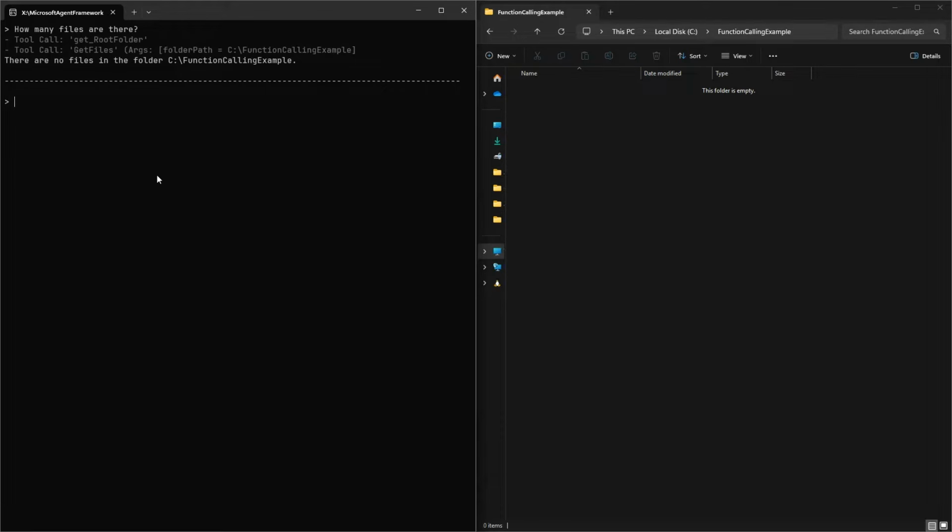And it saw that there were no files. So we can use the power of LLM to say, create 10 random files with fruit names and a description of the fruits as content, like this.